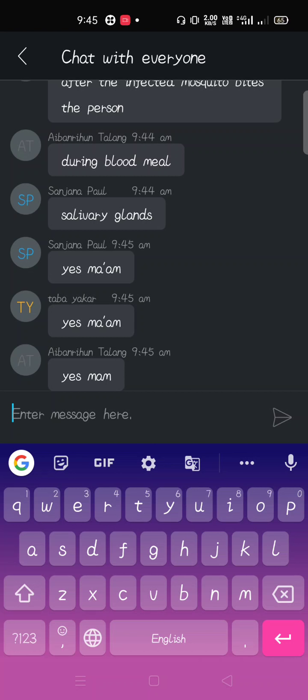And similarly, what should be the site in the human being where this parasitic form should be present so that it can get transmitted into the mosquito? Similar thing: in the mosquito it should be present in the salivary gland to get transmitted into the human being. So in the human being, at what site should this parasite be present so that whenever a mosquito bites that human being, that parasite goes into the mosquito? What is the site?